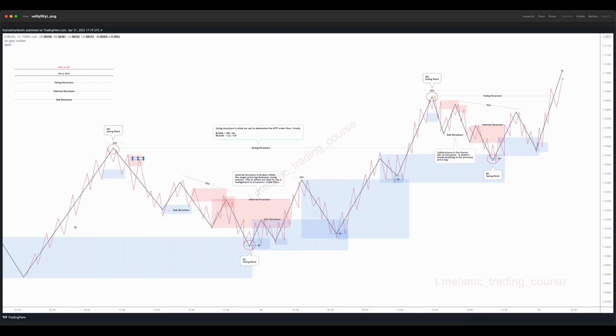Once that demand does fail, we have produced supply, and ultimately we can take supply into the potential weak areas, right? Or take this down into the halfway point of this leg, which kind of sits down in here in the discount of the leg. There's a number of different ways that we can profit take with this, but I'm just trying to show you